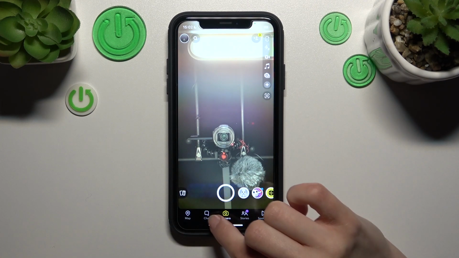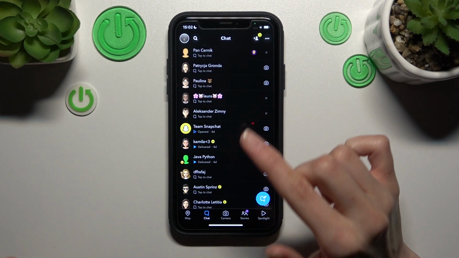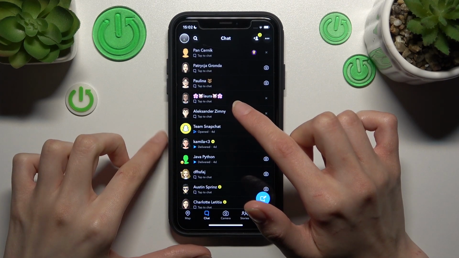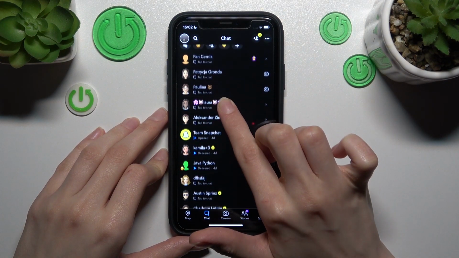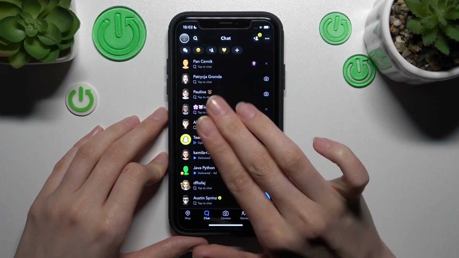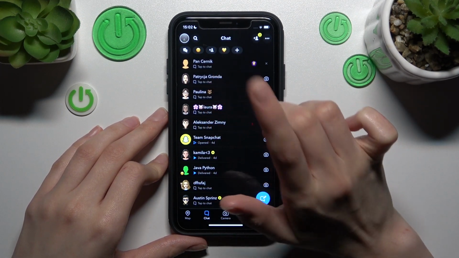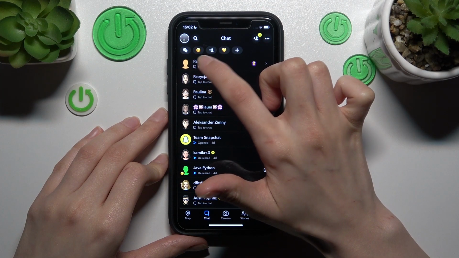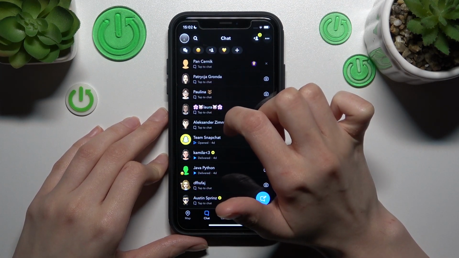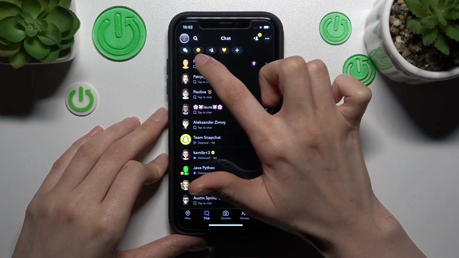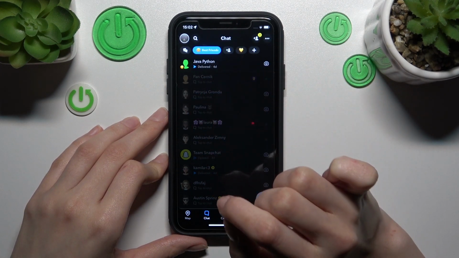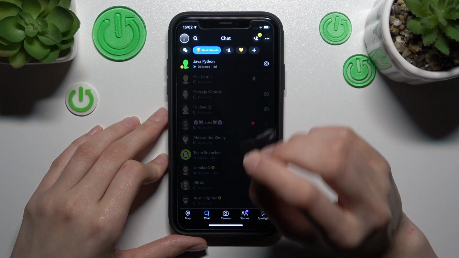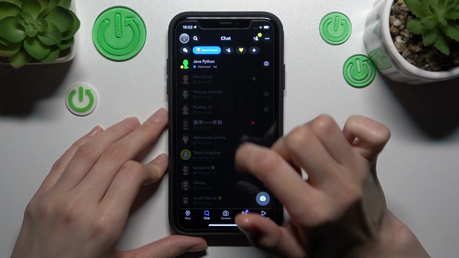So let's go to the chat screen. You will get access to all your shortcuts on this screen after swiping it down. So if you have best friends, you will already have this shortcut with your best friends after clicking on this sticker. Best friends. If it's the default one, you need to do nothing to add this shortcut because it's the default settings,